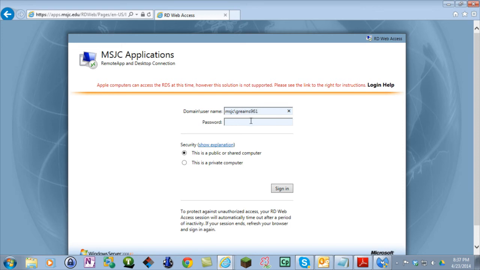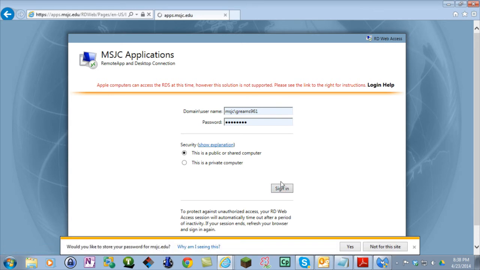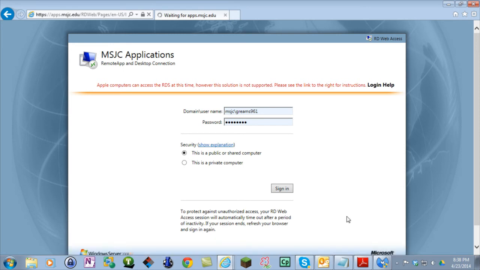You then provide the password. The password is identical to your Blackboard password that you used to log on to my.msjc.edu with. Once you've provided your credentials, you can click the Sign In option. If it asks you to store the password, it's recommended to say not for this site if you're using,